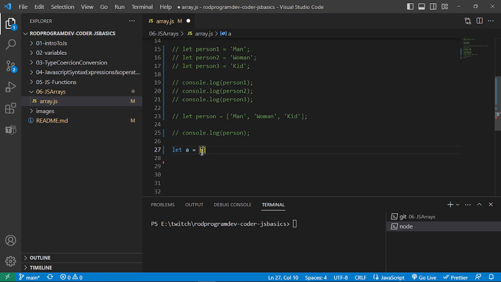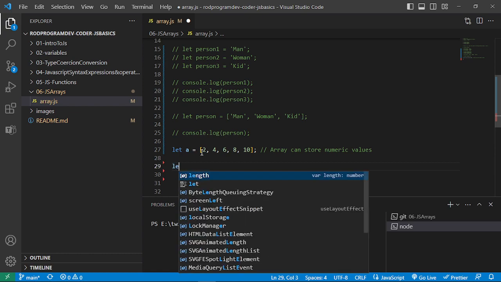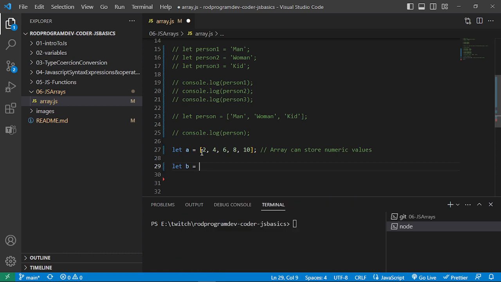So that means the data types can be integers. Like let's say we have 2, 4, 6, 8, 10, for example. Arrays can store numeric values. And we can also have